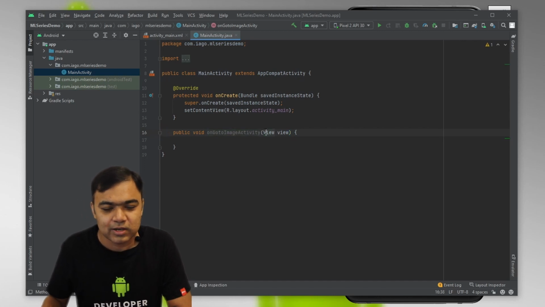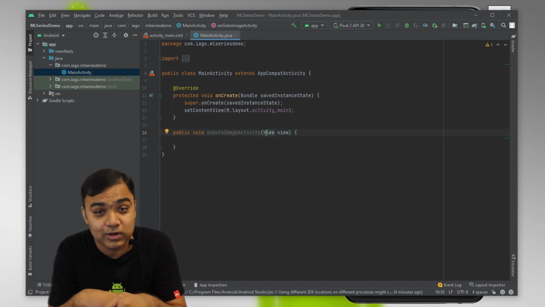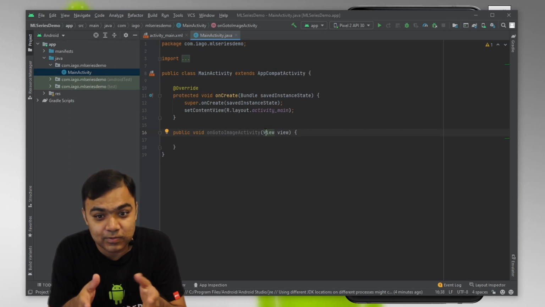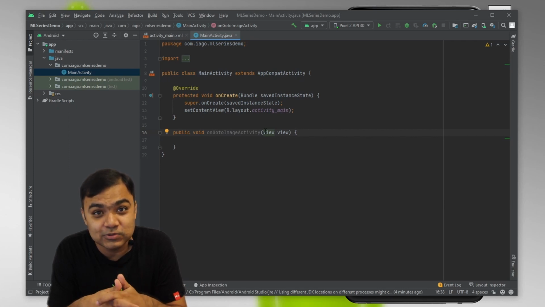This is what the button will do. View is like the super type of all view classes in Android. So the text view, edit text, buttons, all image views, everything extends from view. That is why we have the view class here as the parameter, so that this method can be used as a click listener.